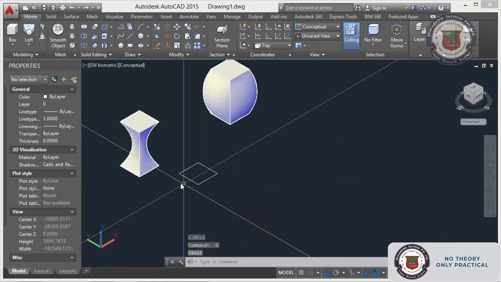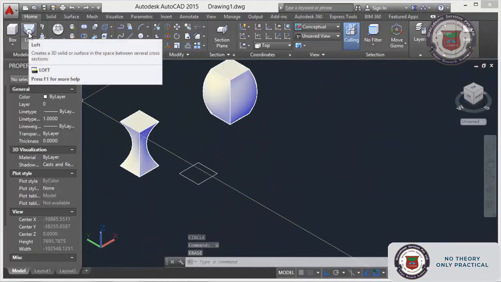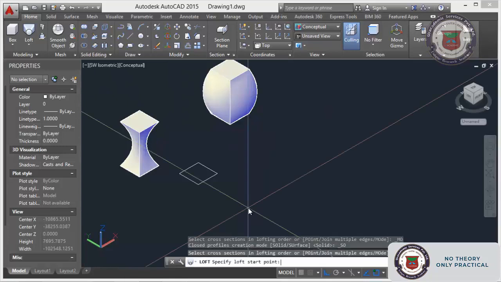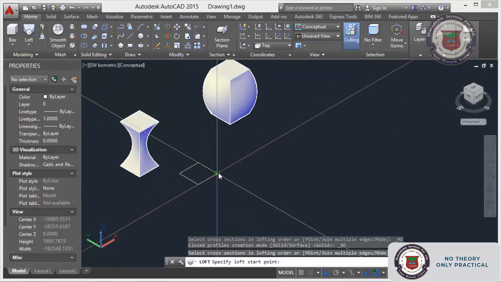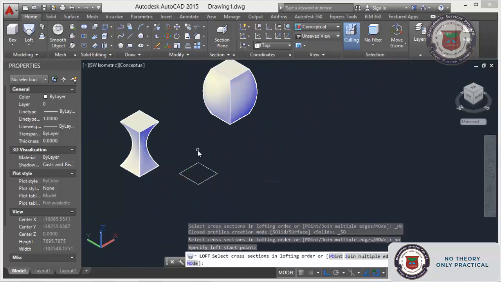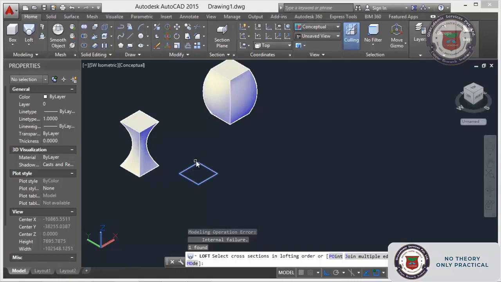Okay, we will see that point. Just click on this one and you can select PO, enter, select block point middle of this, select this one.